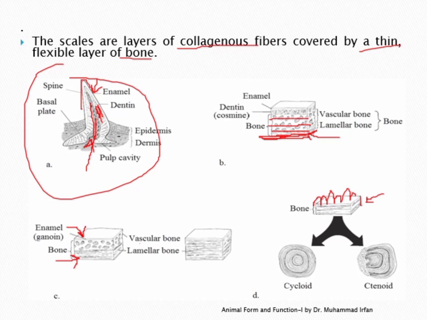So the bony fishes may have the cosmoid scale, they may have ganoid scale, but most of the modern fish have only teleost scale, that are the cycloid and ctenoid. We know cycloid are circular, and they have the growth rings in them, so they grow with the age of the fish. But in case of placoid scale, we saw they don't grow, but their number would grow with the size of the fish. Cycloid scales are circular. Ctenoid scales have the ridges on their posterior side, so they are